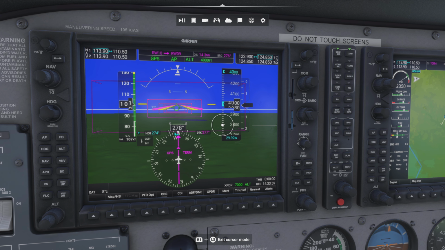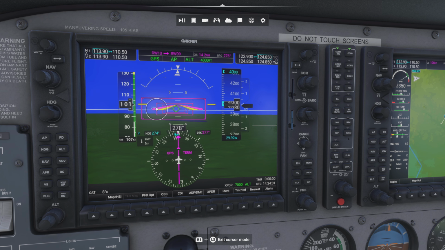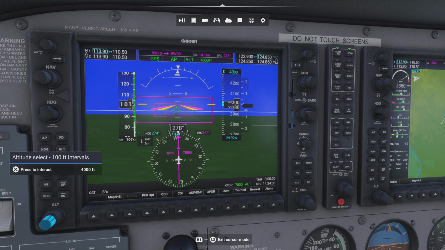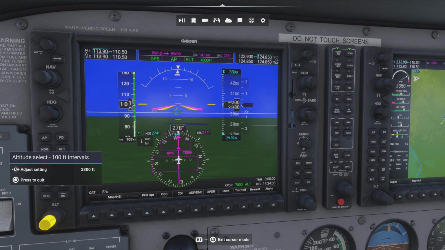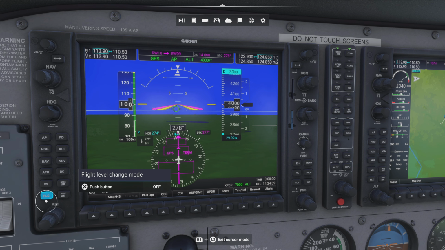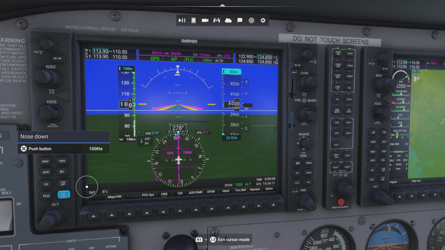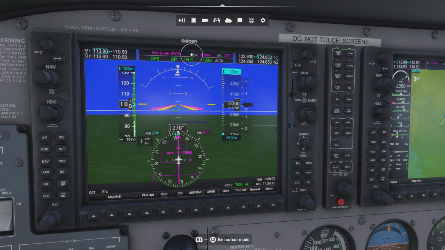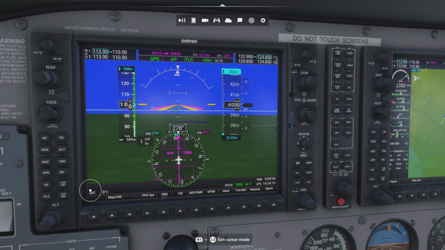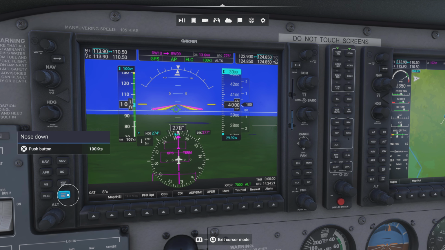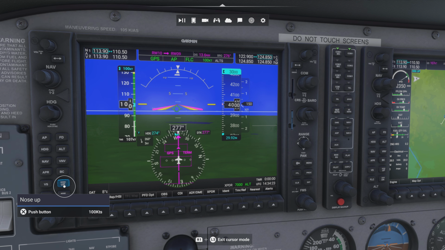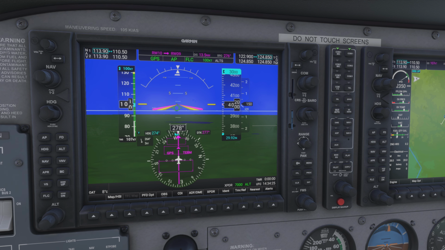To descend using flight level change, we're going to select 1,000 feet. I'm going to press FLC. And once again, you see FLC displayed at 100 knots. That's the speed we were traveling when we pressed the button. Now we are going to do one of two things. You can just pull the power back,